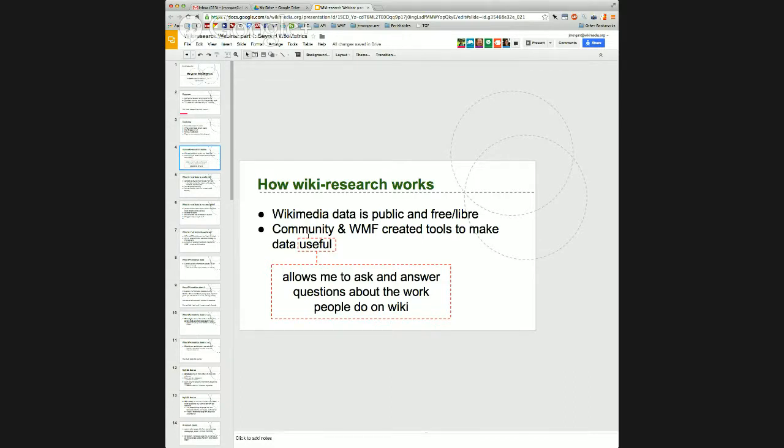First, how wiki research works. This is pretty rudimentary stuff. One of the important things I think to think about here is that most people who are learning how to use data to benefit their community don't have the opportunities that we have. And we have these opportunities because our data resources are public and they're provided under free licenses. So the Wikimedia Foundation and the Wikimedia movement,